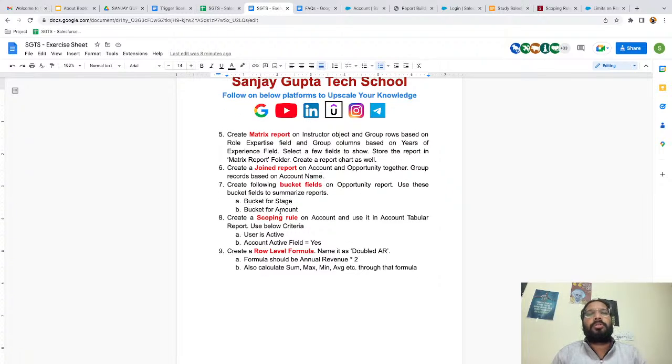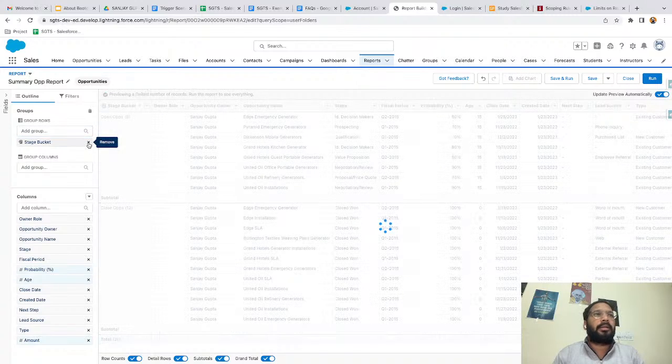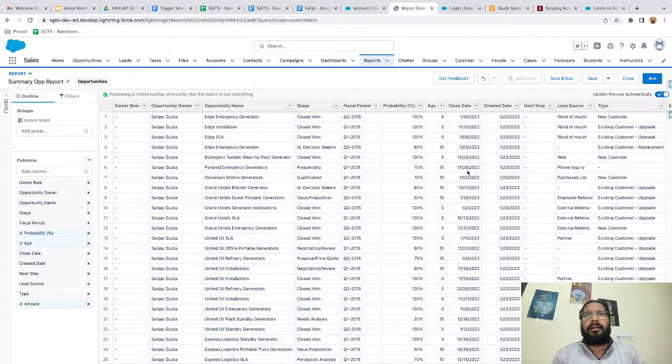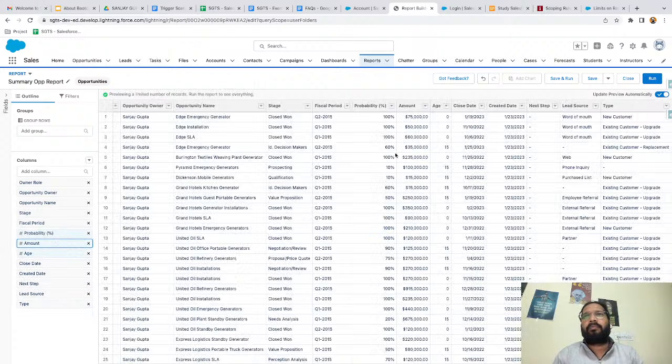Now I'm going to show you how you can create a bucket for a numeric field. So here I'm just removing this bucket now, and you can see we have the amount field available. I'm just shifting it above. Here we have this amount field, and amount has different values,